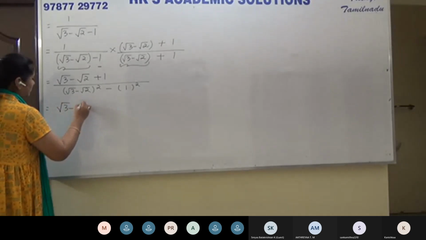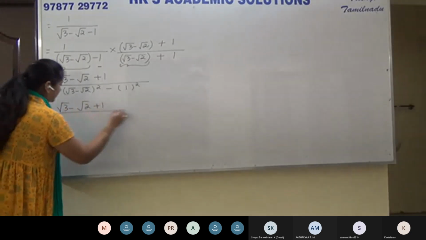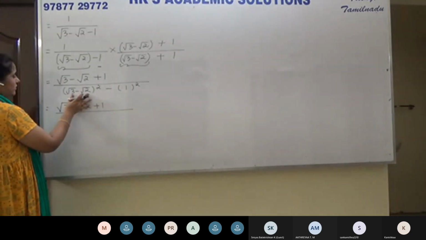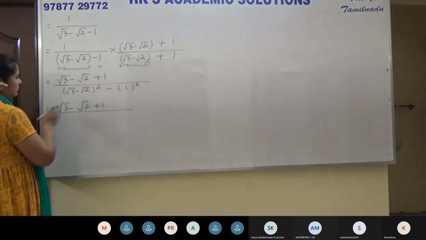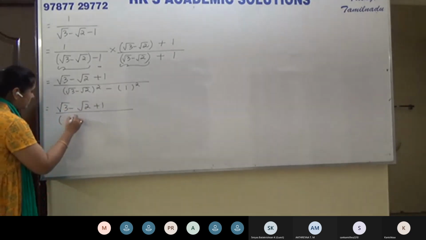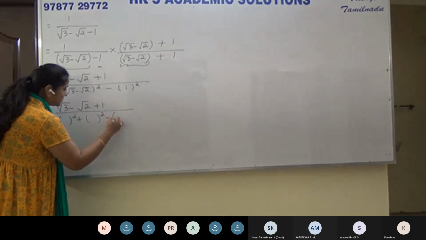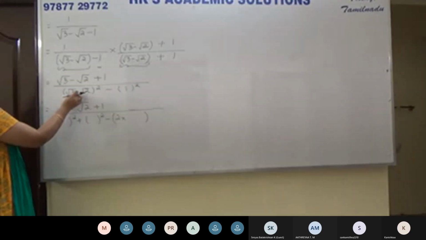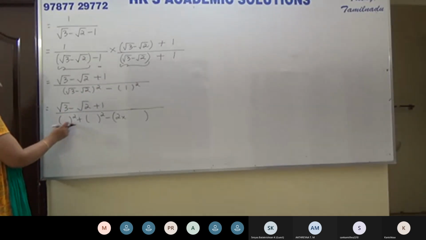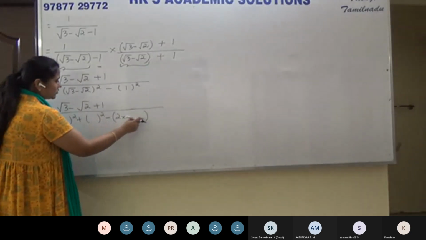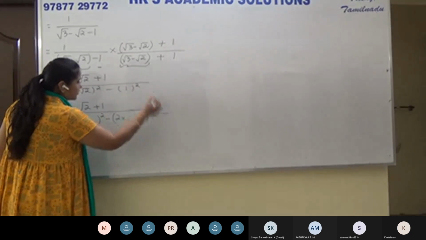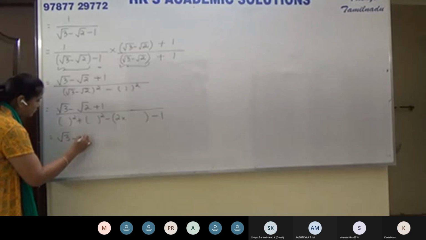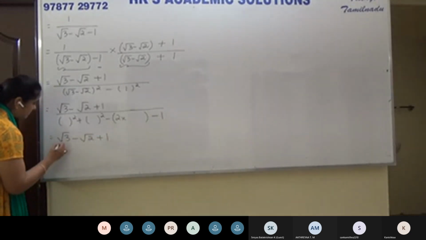So that gives us root 3 minus root 2 plus 1 divided by a squared minus b squared. Now this itself is like x minus y the whole square. So how do we simplify this? x squared plus y squared minus 2 into x into y. Minus 1 squared is 1. So the numerator, root 3 minus root 2 plus 1 as it is, divided by